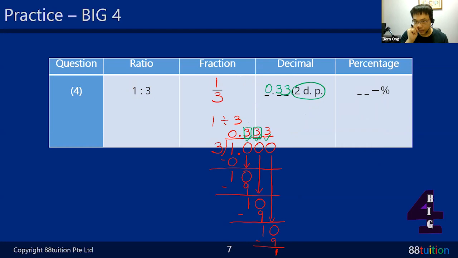Okay, down here, Korea asked me one question. What happens if they ask for 1 DP? If they ask for 1 decimal place, you must have at least 2 numbers down here. You must have at least 2 places. Why? You want to determine whether to maintain or round up this number. So how do you determine that? You have to look at the next number here. 3 once again is below 5, so you maintain it. So down here, you can put an approximate sign, 0.3. This is called 1 decimal place. Can you see that?